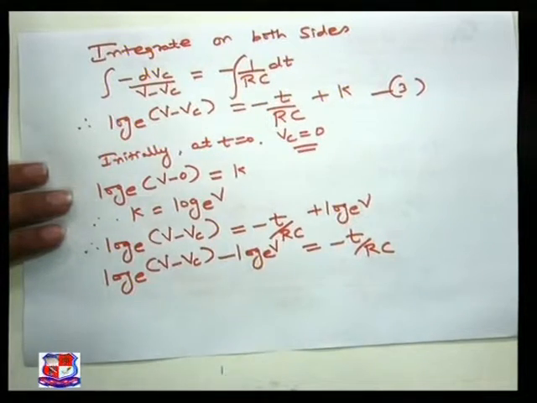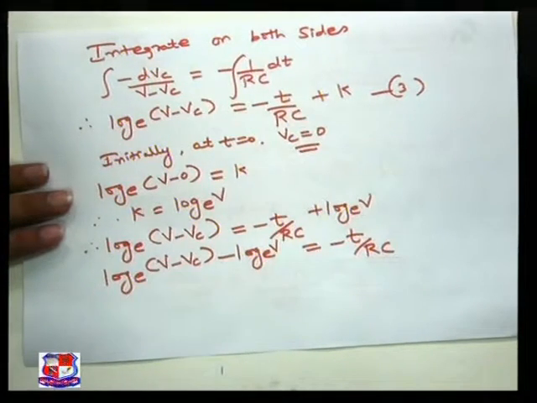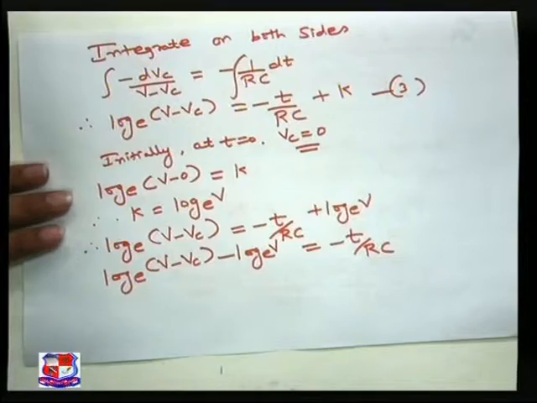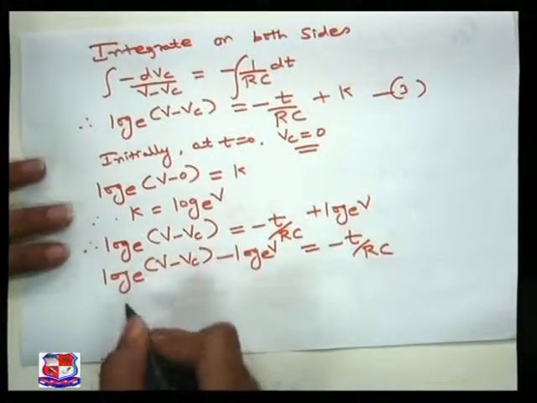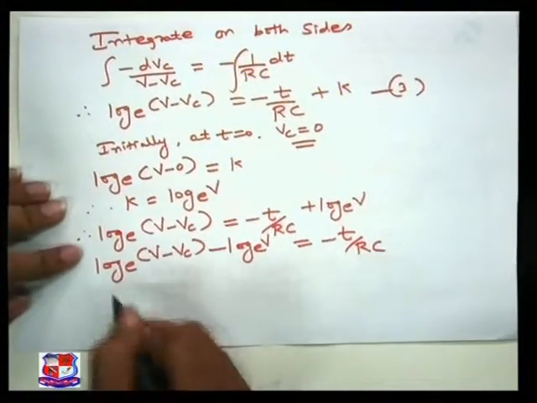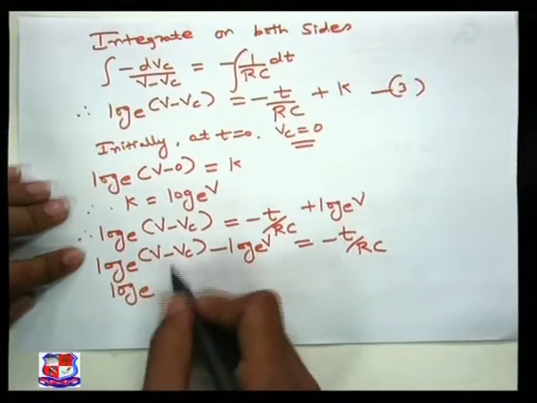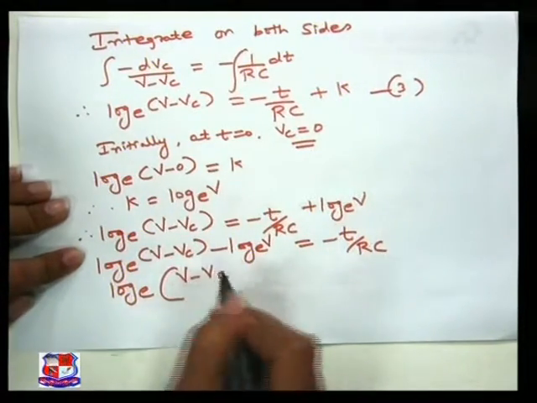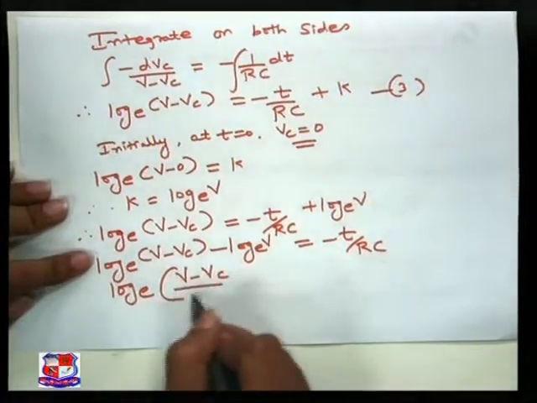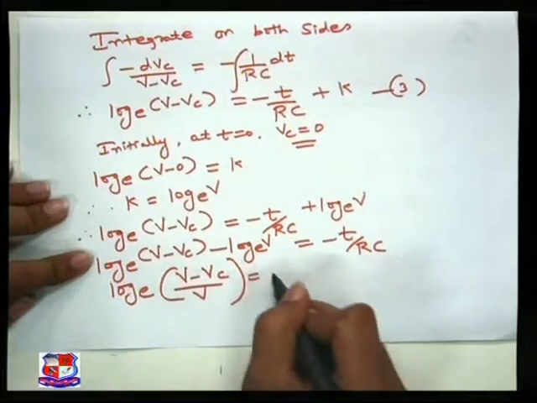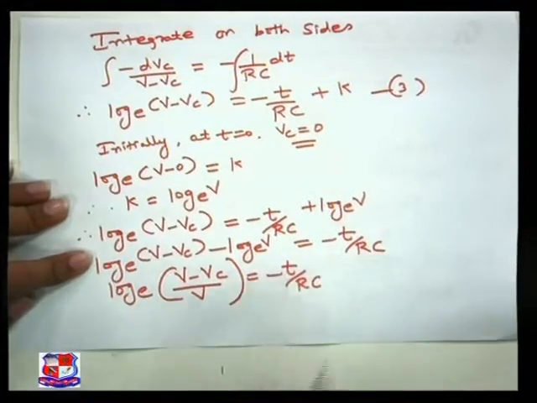Now we have a simple logarithm rule, log A minus log B, you can write as log A by B. So I am writing log e of V minus VC upon V equal to minus t upon RC,